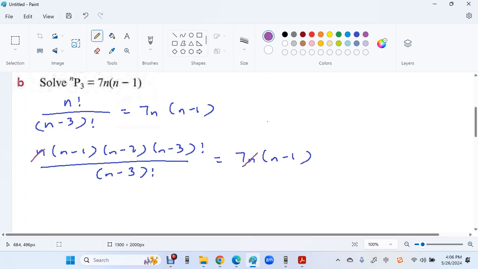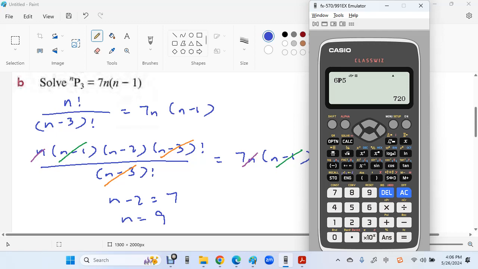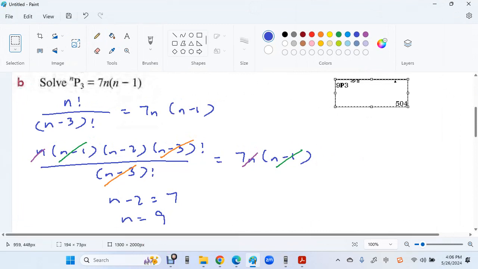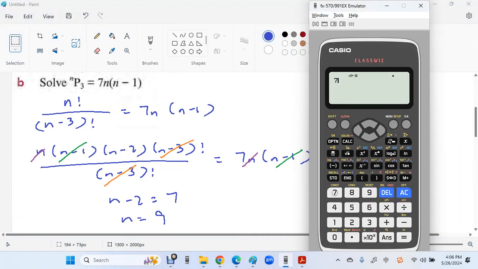So n cancels, n minus 1 cancels, and the n minus 3 factorial cancels. So we have n minus 2 equal to 7, n equal to 9. So we check the answer. We have 9P3 is 504, and then we have 7 times 9 times 9 minus 1,